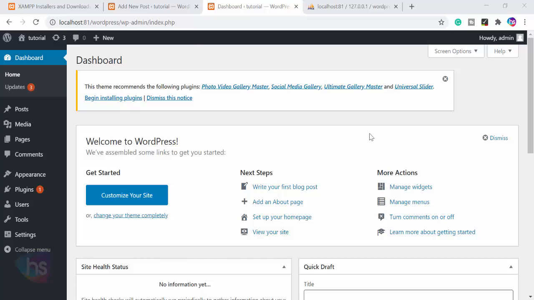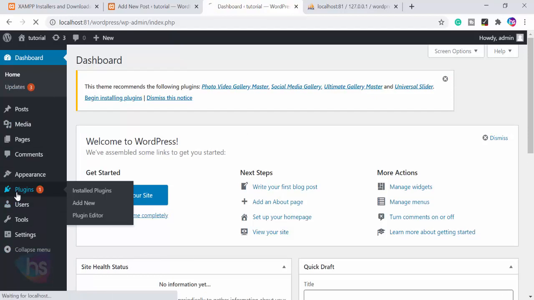Now that's a very simple technique, and with just a few mouse clicks you will get this type of e-commerce plugin integrated. Let's see how. Once you have logged in to WordPress, you will see this demo dashboard. Now just see here on the left pane, the plugins.